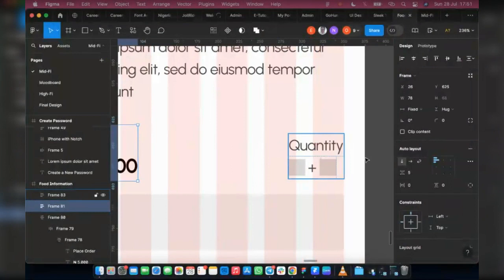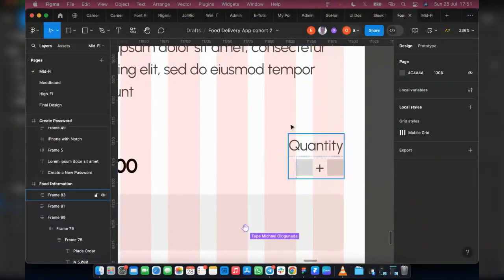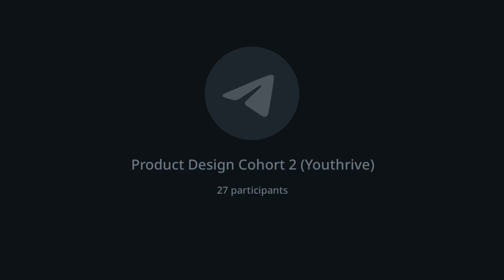So let's align to the center to see how it actually looks. So this is how it looks, and this is how it looks when you align to the left. Well, actually, it's not giving, it's looking like improper alignment. So I think I'll have to move it to the center, and then I'll hold this together and make sure